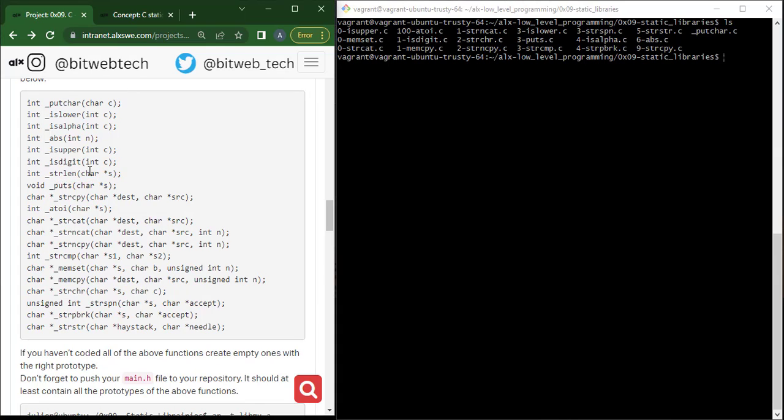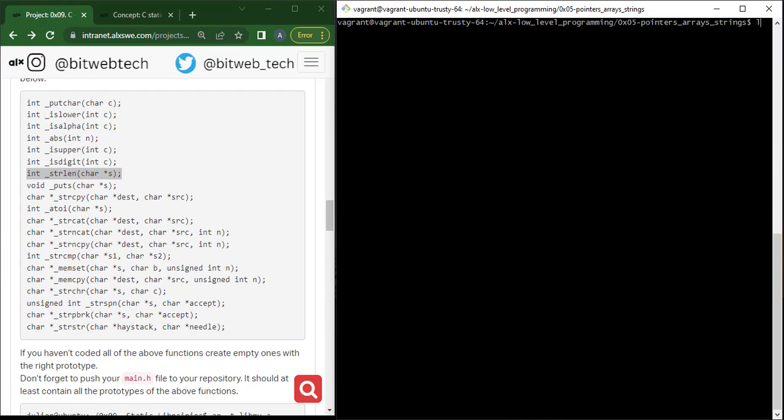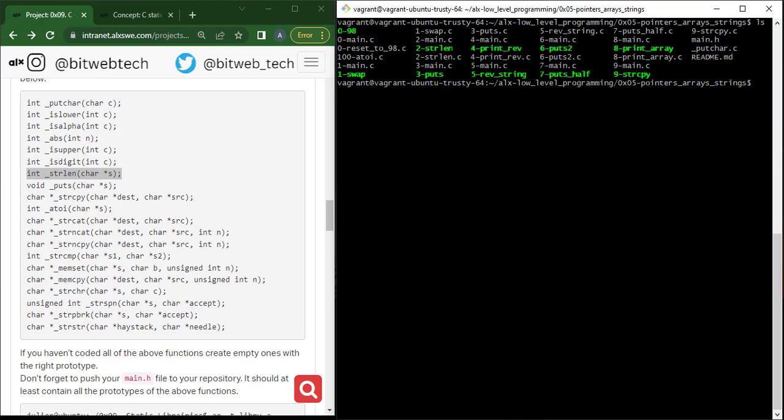So this is a pointer. I believe this is in the first pointer, so 0x05, right? Pointers, arrays, and strings. So let's see. That is strlen. Let's look for it here. This is it, task 2. Okay, so cp, so cp 2